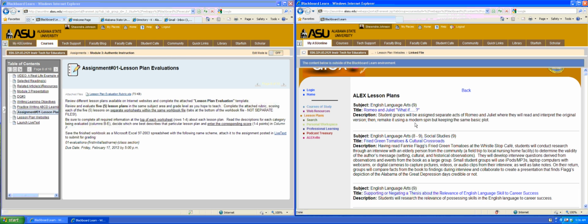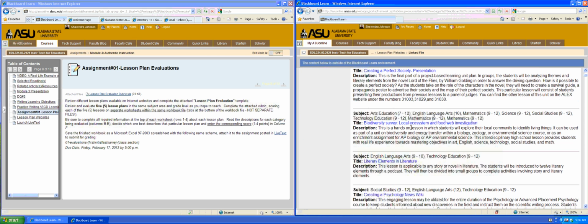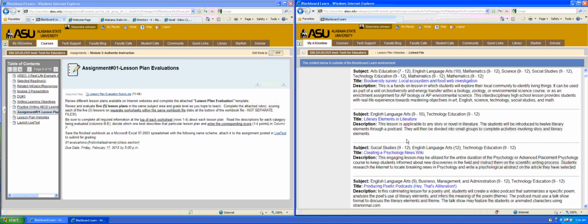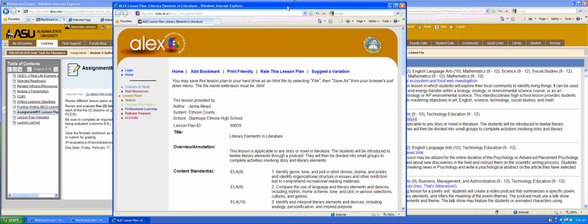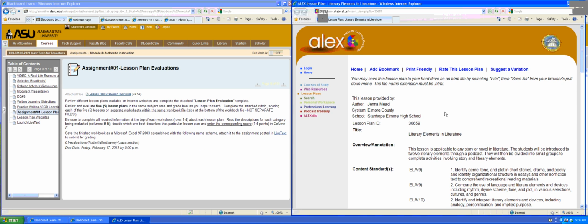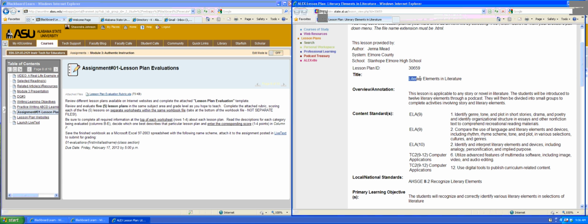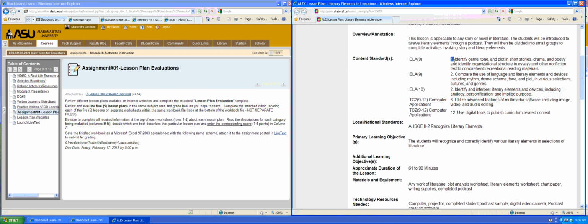Once you are provided, sorry, with a list of lesson plans, then you simply click on the title of the lesson plan and review the information provided. The title of it, the overview of what the lesson is about, the various content standards that are addressed by this particular lesson plan, which includes both English language arts and computer applications,